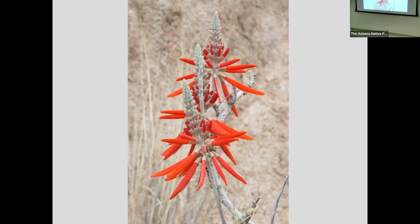Is the distribution of coral bean reflected in the distribution of hummers with 28 millimeter bills? No, clearly not in Arizona, because I don't think even Rivoli's has a 28 millimeter bill, but there are certainly larger bills in Central America and in Mexico. And so that may be one of the reasons why you get better fruit set for the flowers you have down there. I don't know for sure, because